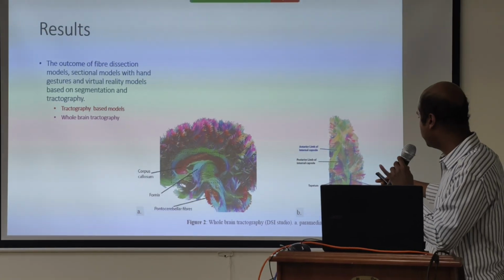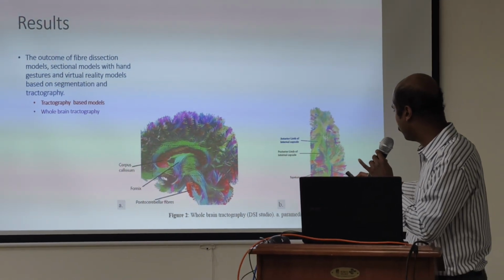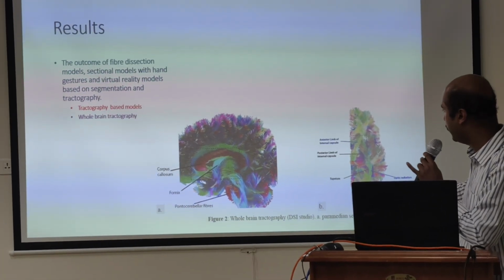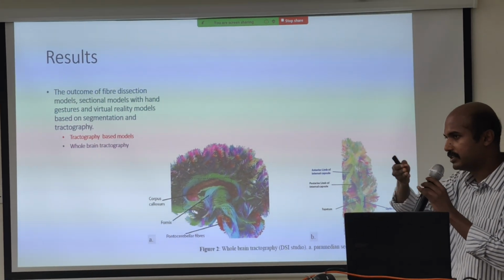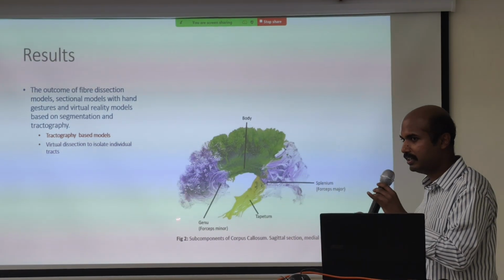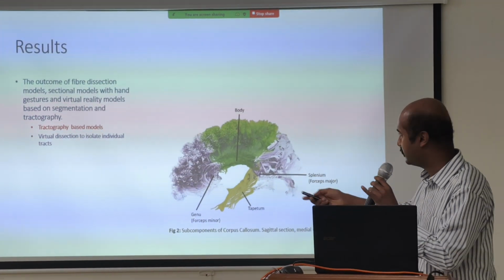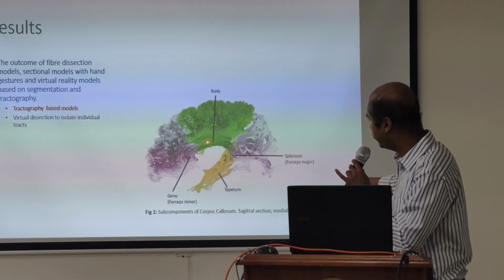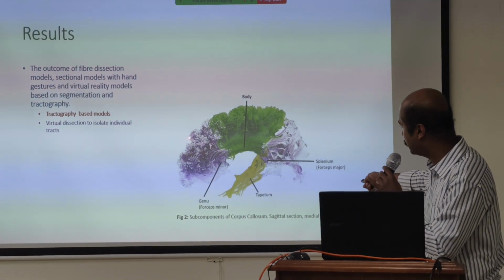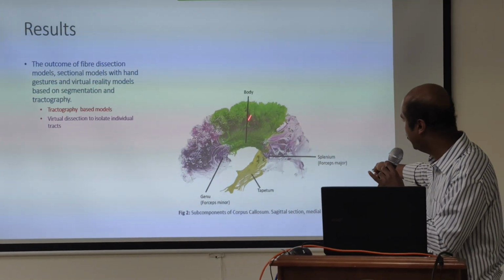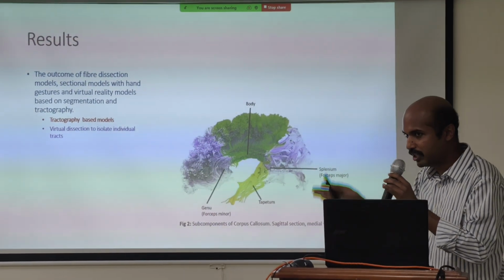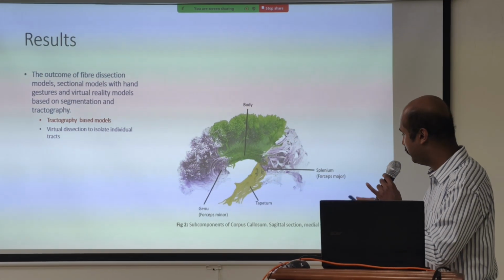Again, these are the tractography models. There are two methods by which tractography models can be shown. This is sections again. So whole brain tractography can be done and sections can be taken, similar to the sections that we took in the brain. And also a specific white matter tract, for example, the corpus callosum that we mentioned here. This is the corpus callosum that we usually see when we do a midline cut. But this is the entire path showing the forceps major, minor, the genu, and the body. So different parts can also be done using virtual dissection. So virtual dissection is also a possibility